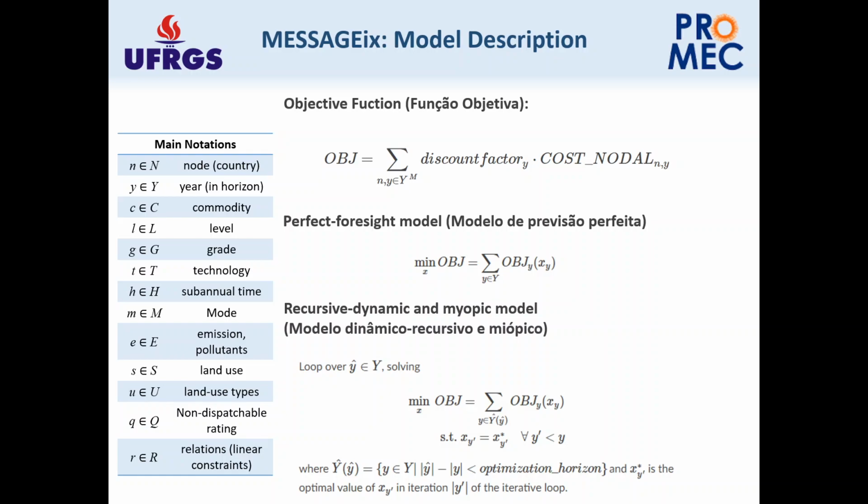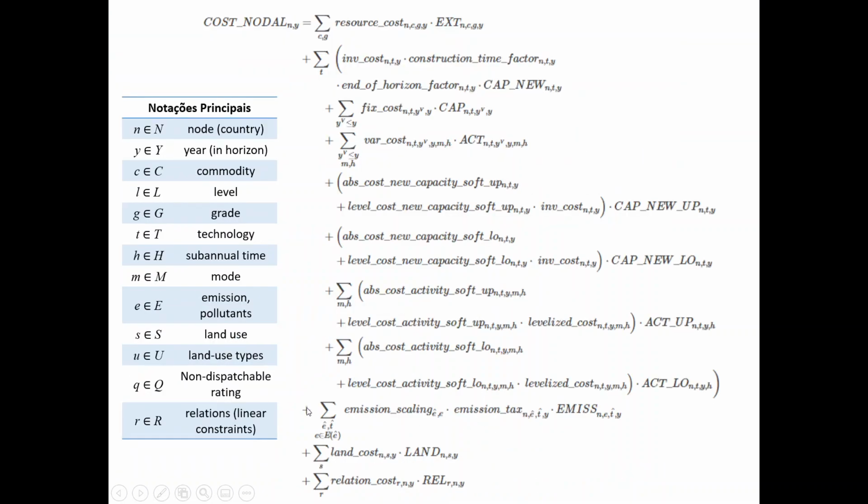I say we, but it was really Bernam. I just tested and ran the examples and gave some suggestions. But he did this computationally in GAMS because he knows how to model and program in GAMS. I don't know how to program in GAMS, unfortunately. I just know how to program in Python. Right. So this is the overall cost